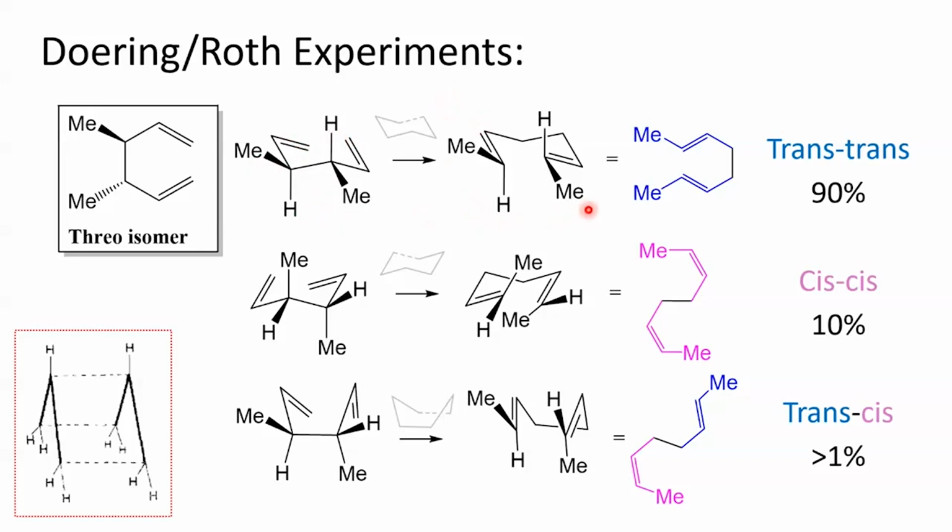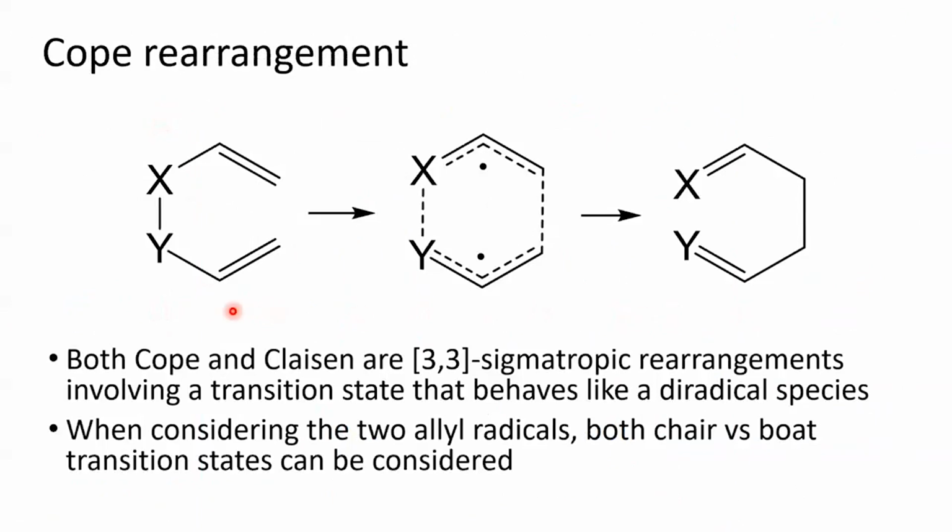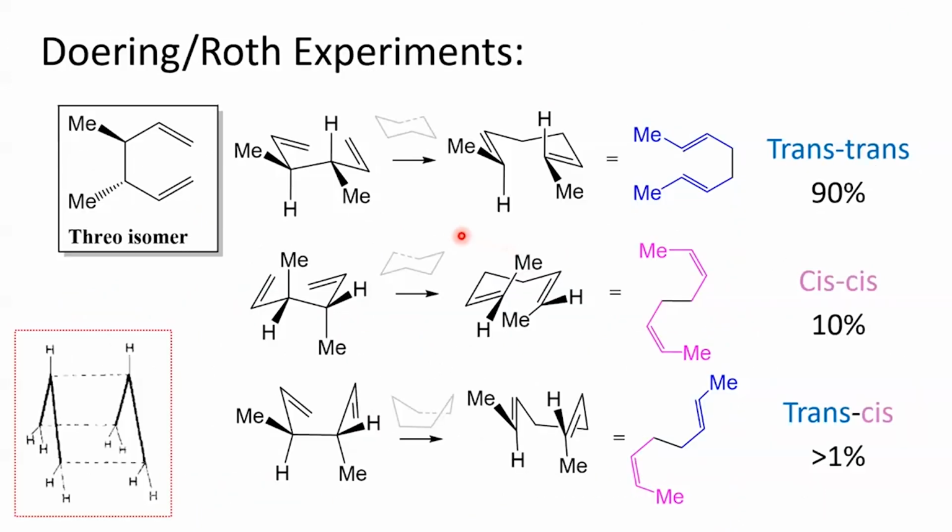Once we've done that, we can redraw it, having broken the bond, formed the new bond, and shifted the two double bonds to be adjacent to our two methyl groups, essentially the way that we know the Cope rearrangement will proceed. And having done that, we can look at our product and see what kind of olefins we have formed. For the top example, we can see that on this side of the molecule, we have a trans olefin, and on the other side of the molecule, we also have a trans olefin. So this is a trans-trans form of the product, drawn out simply over here,